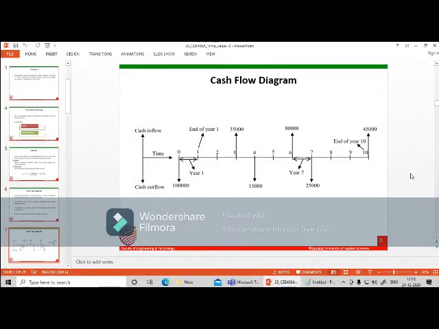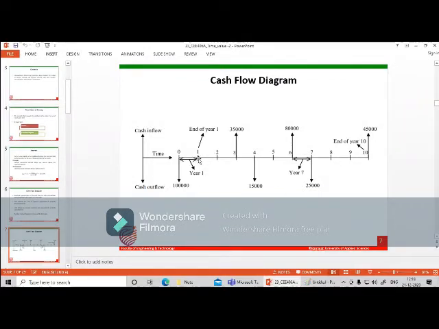So the x-axis is the time. See here, initially at the 0th year, there is 1 lakh investment. 1 lakh is invested, so it is a cash outflow for a particular project. They have invested 1 lakh. So that is called cash outflow. But at the end of year one, there is no profit or income or expenditure, so nothing is written over here. This is a cash flow diagram for a particular project up to 10 years.